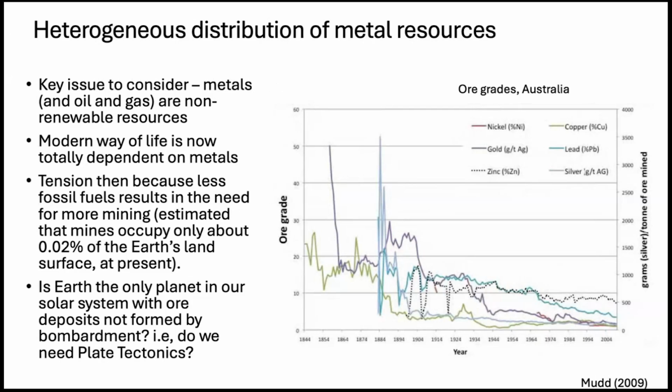Okay, so one of the key things that we want to consider, which the chapter discusses, is the fact that metals, as well as oil and gas, are non-renewable resources for the most part, at least on the time scale of humanity. We can recycle metals, we can reuse things like diamonds and gold and so forth, but by and large, we need more metals, which we will with the greening economy and moving away from fossil fuels and more to battery style technology. We need more metals. And so it's important to understand that these are non-renewable.